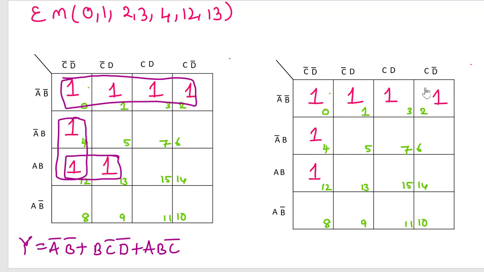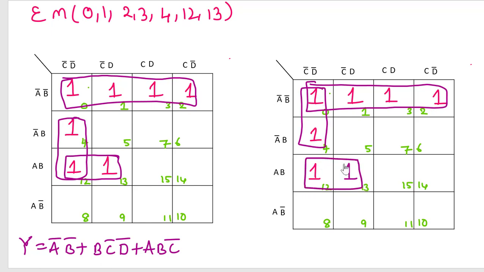We'll see. This quad is not going to change. There is no other possibility. So this quad will remain the same. I think I forgot to fill one here. Let me fill one also here. And if you look at here, now you can form these two ones as a pair and these two ones as a pair.